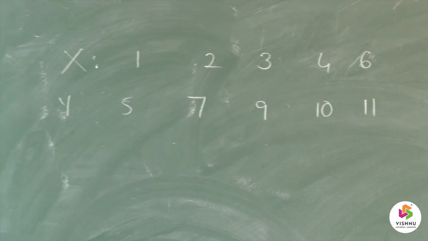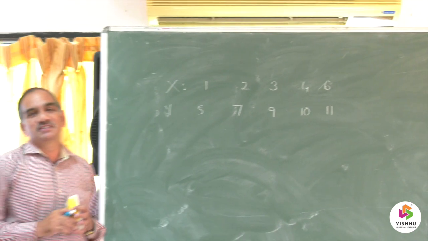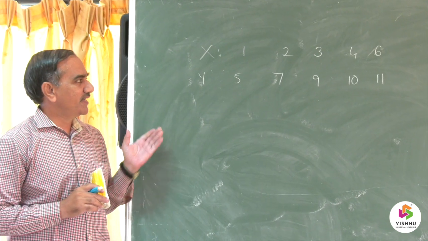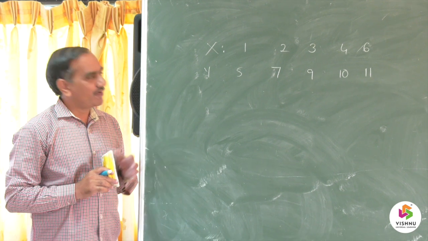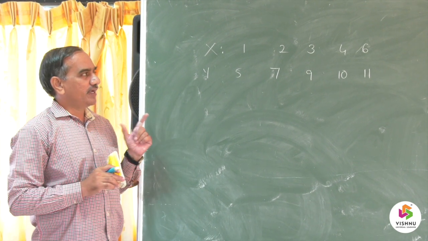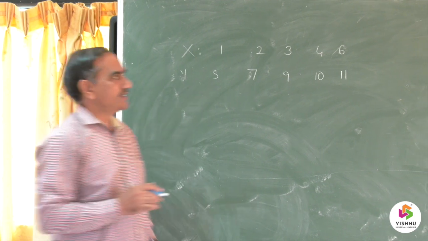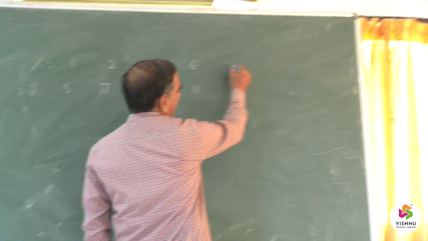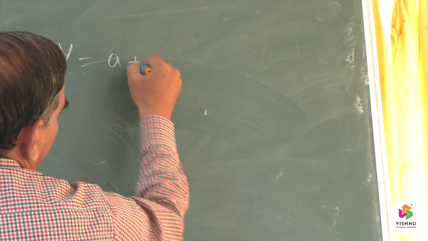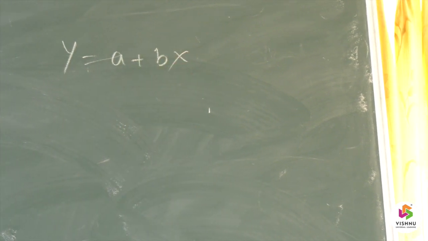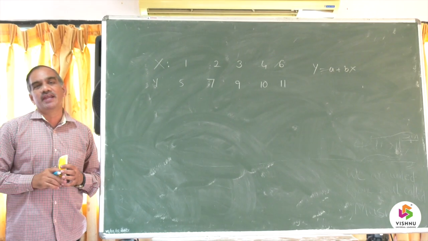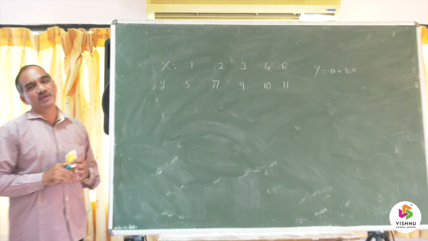So, this is some bivariate data involving two variables x, y, with x taking so and so values, and y taking at most 5 values. We want to fit a linear relation y is equal to a plus bx to the given data. Here x and y are variables, and a and b are parameters.